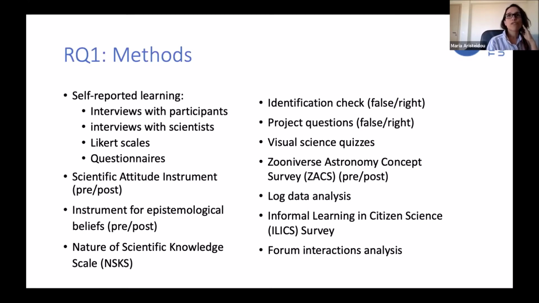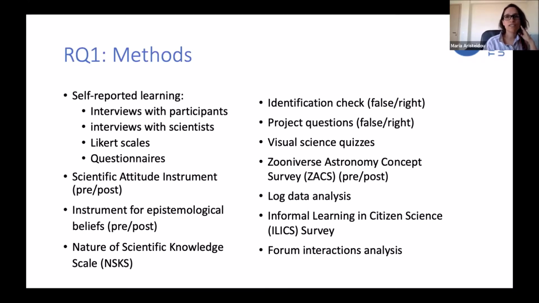There were also some methods that were focusing on identifying whether the participants' contributions were correct or not correct. There were other methods that were evaluating the actual knowledge of participants by using specific project questions, visual science quizzes, or other more project-specific surveys, for example, the Zooniverse astronomy concept survey. And then